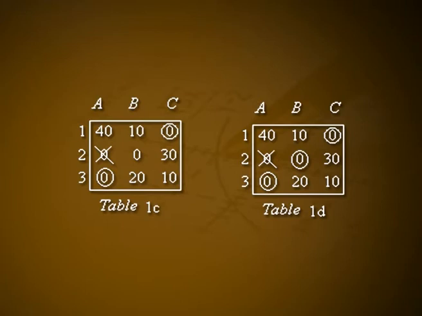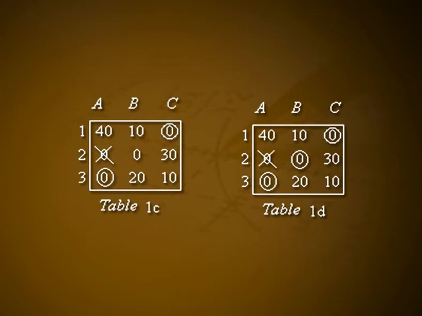For determining the optimum assignment, we first consider only the 0 elements of the matrix. Identify the rows with only one 0. Row 1 and row 3 have a single 0. We enclose these zeros inside circles and mark a cross in all the cells of the remaining zeros in the respective columns. These marked zeros will not be considered for future assignment. The marking is shown in table 1C.